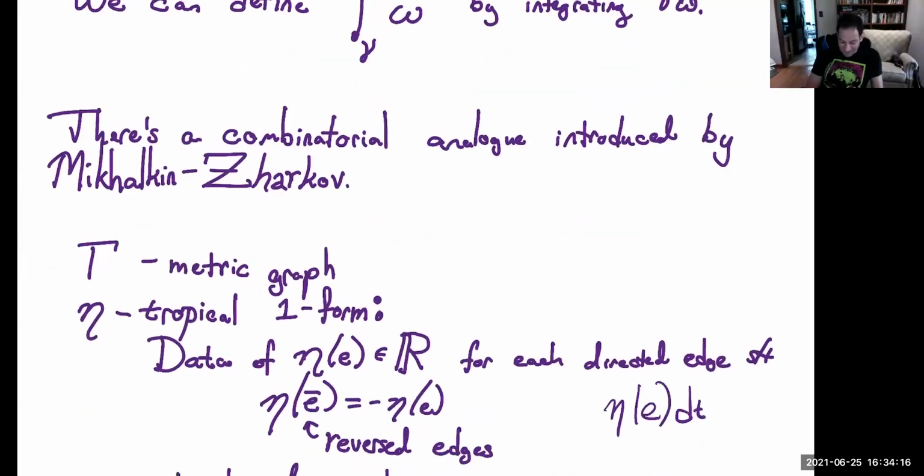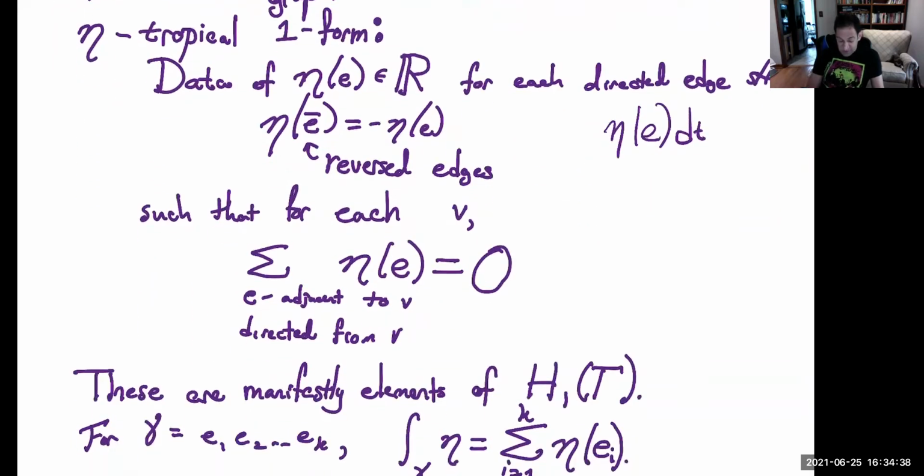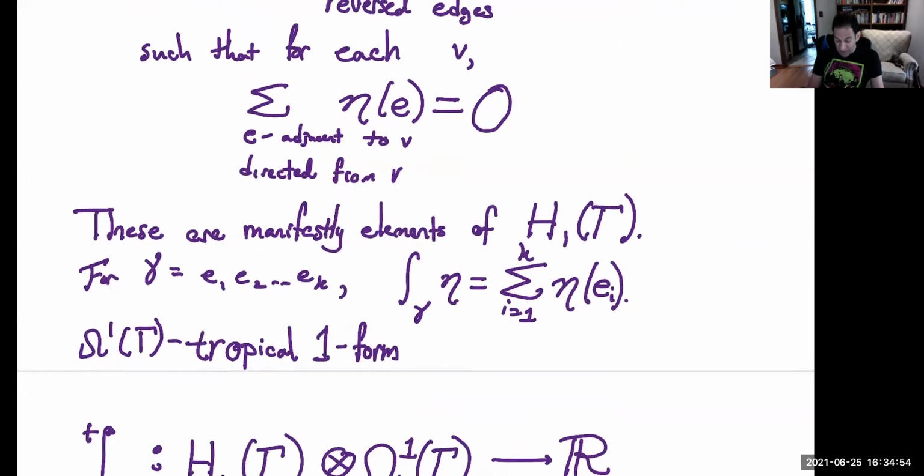All right, so the data is a metric graph and then a tropical one-form. It associates a real number to every directed edge, so that when I reverse the direction of the edge, it reverses the real number. So maybe you want to think about this as eta_e dt, a one-form on the edge, where t is a parameter for the edge, such that the etas obey the harmonicity condition, which means that for every vertex v, I look at the edges adjacent to v directed away from v, and I sum eta of those and I get 0. And this is on the nose